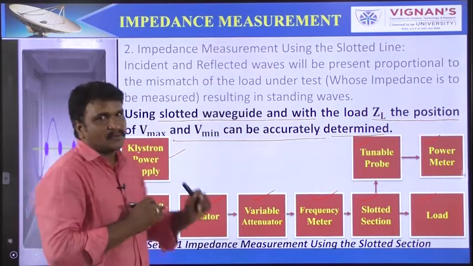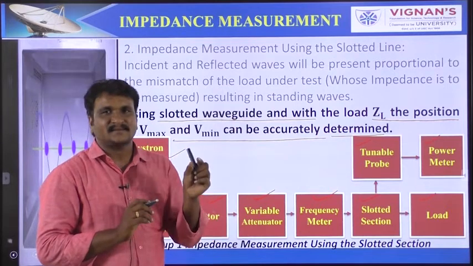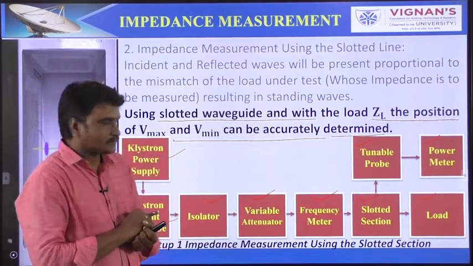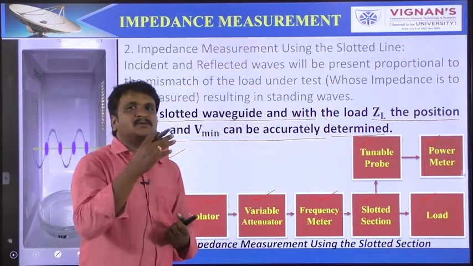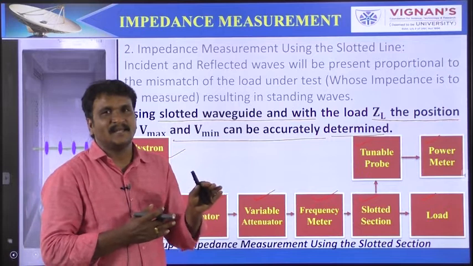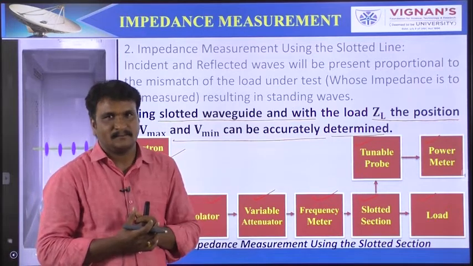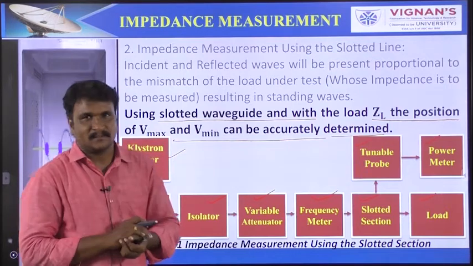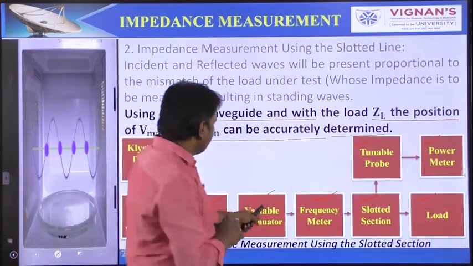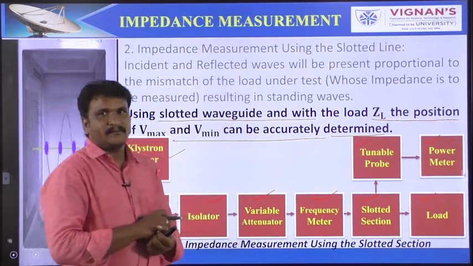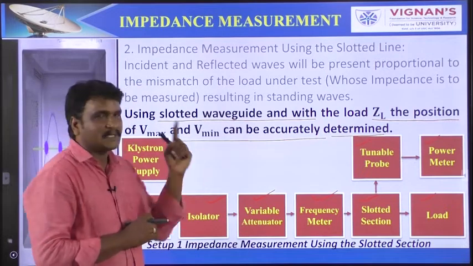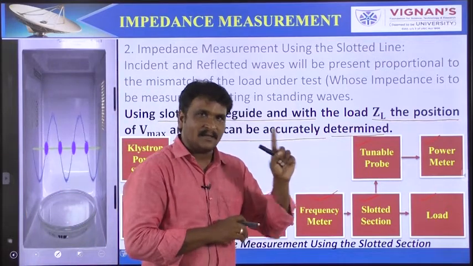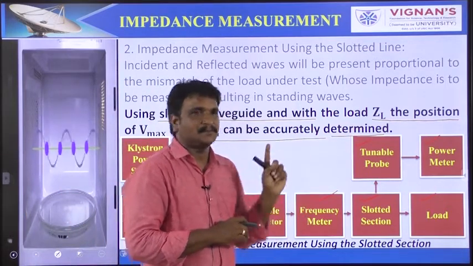Once you are getting 20 milliamps current on the Klystron power supply display, the Klystron mount with the tube has a plunger. By adjusting that plunger, you have to tune your signal to the maximum level. Once the plunger adjustment is over, we look at the variable attenuator. The variable attenuator also has to be kept in no operation position. The frequency meter also has to be kept at one side, either top or bottom.